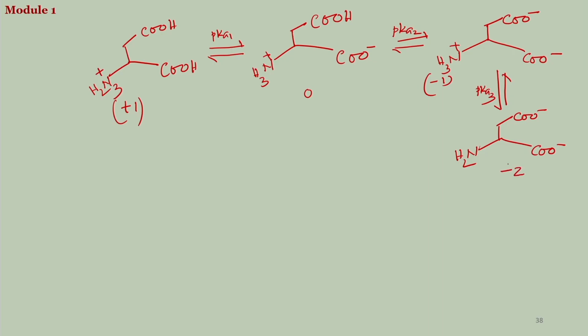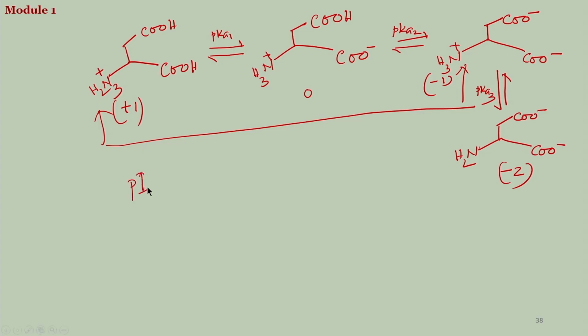This has a charge of minus 2. So if you have to calculate the zwitterionic form concentration, you have to take these two equilibria where they are involved, pKa1 and pKa2. So your pI for aspartic acid would be, I am writing ASP, aspartic acid,